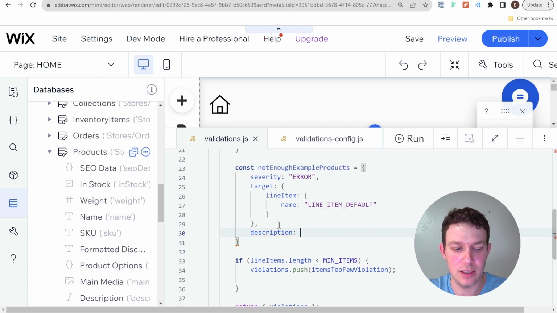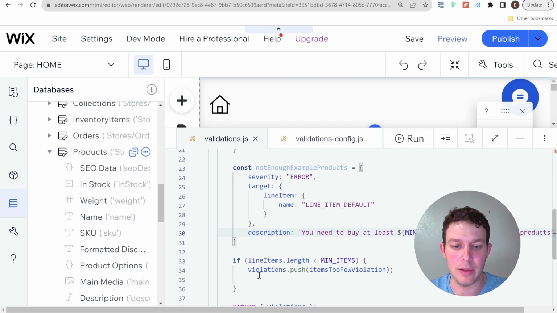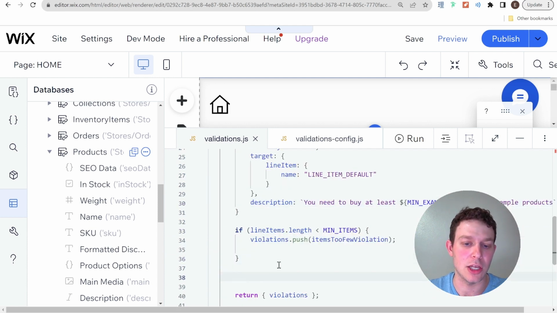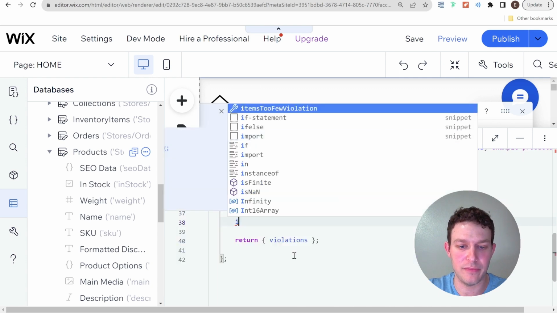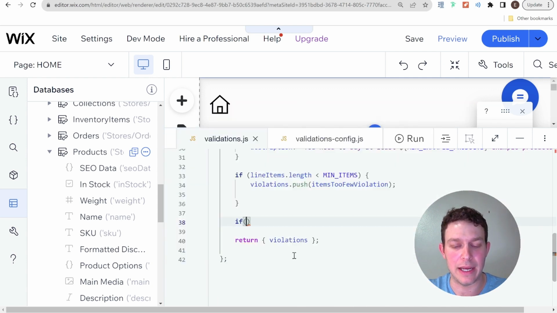And that is, let's also do a template literal. You need to buy at least min example products, example products. Okay, and then we can set up this logic here as well. So if, and now we need to basically filter our line items and see if one of them includes